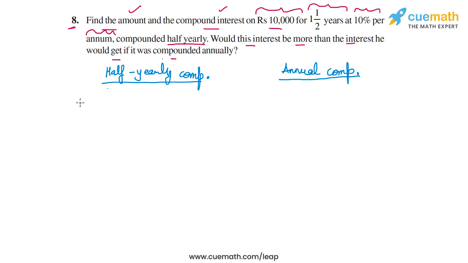So the total amount after 1.5 years will be, we will use the formula P times 1 plus R by 100 to the power n. N is the number of compounding cycles to calculate the total amount. So this will be 10,000, the principal amount, times 1 plus what will be the rate of interest. So the rate of interest per annum is 10%. So for every half year cycle, it will be 5%. So we will take 5 by 100.